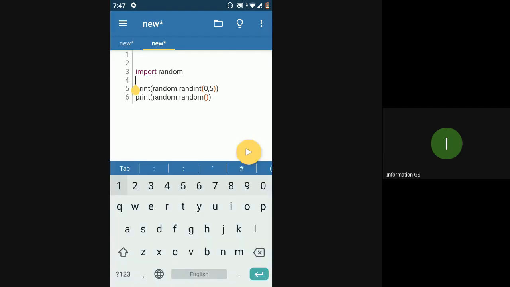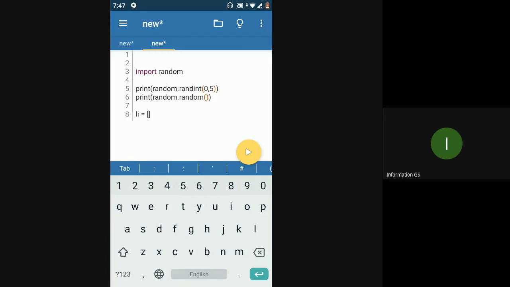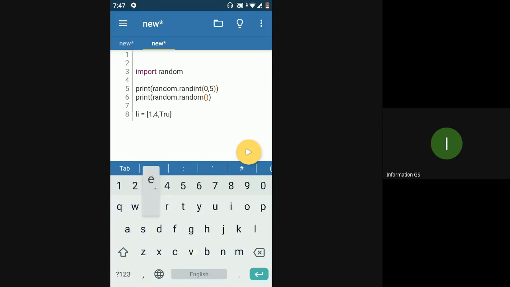If you want to get a random value from a list, even that is possible using this random module. I'll have a list with some random values. We know that a list can hold values of multiple data types, right?